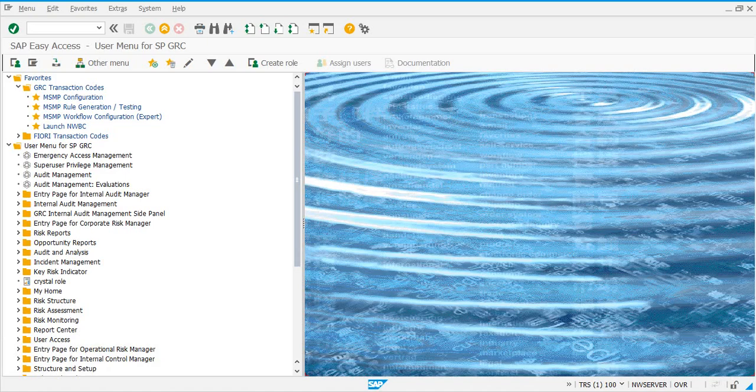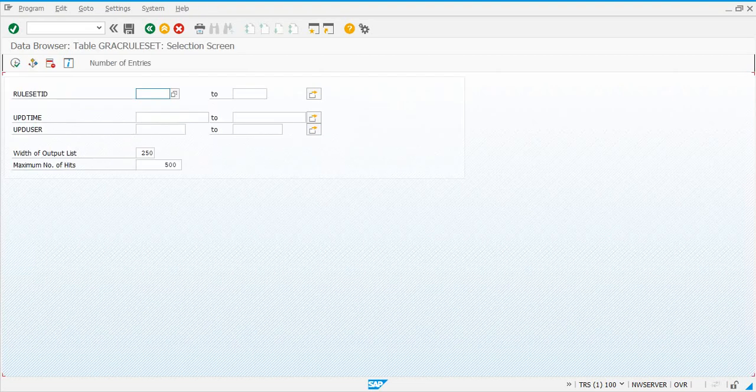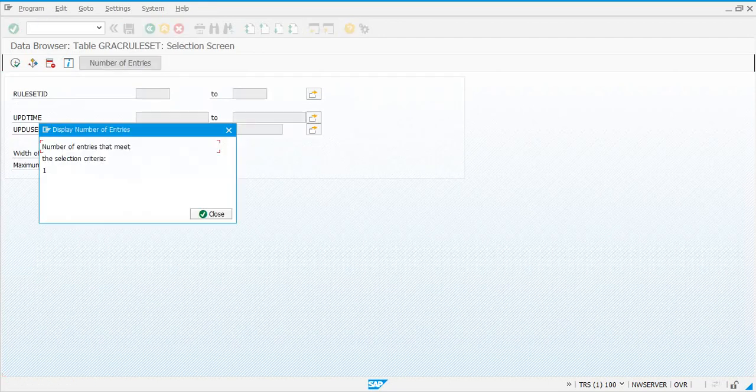Okay, so now let us go and see and activate the BC sets required for GRC, SAP GRC access control. Before we go and activate the BC sets, let's check a couple of sample tables in SC16. We check the table GRC rule set and see how many entries we got here. We got one entry here,